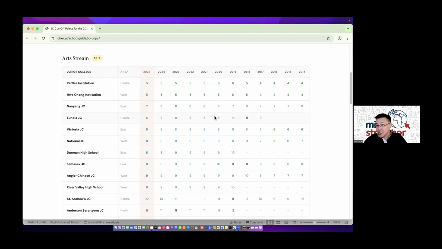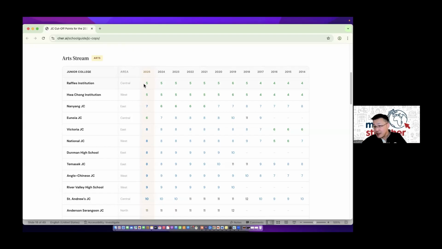That means your seniors who made it into the school. You can think of it as this is the cutoff point for the school. And it was the net score of the very last student who made it into the school. So say, for example, in RI, the very last place, the very last vacancy, this very last student who made it in, what was his score? So his score last year was 5. So therefore the cutoff is 5, right?